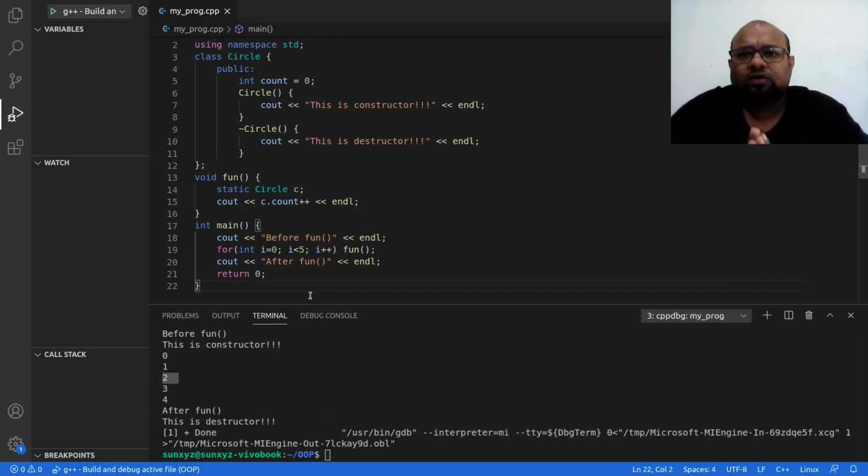Okay, now when is the object being created? When is the object being initialized? It is being initialized when I am calling this fun function for the very first time. Alright, I am calling it 5 times. Had it been initialized every time, then this count would get the value 0 every time. I would print 0 every time, but that is not happening. Also, the constructor would have been called every time, but that is also not happening. So by analyzing this output, I can understand that the object is initialized just once when I call this fun function for the very first time.